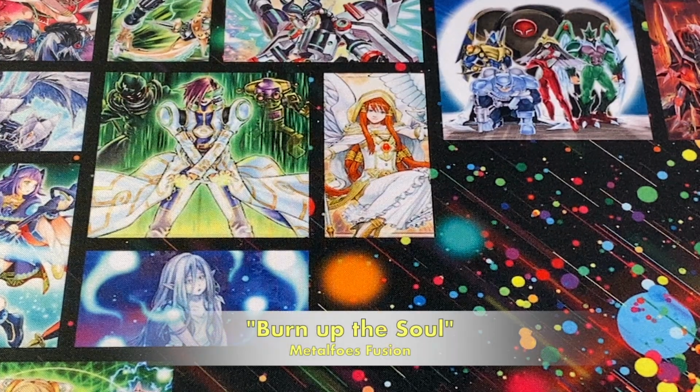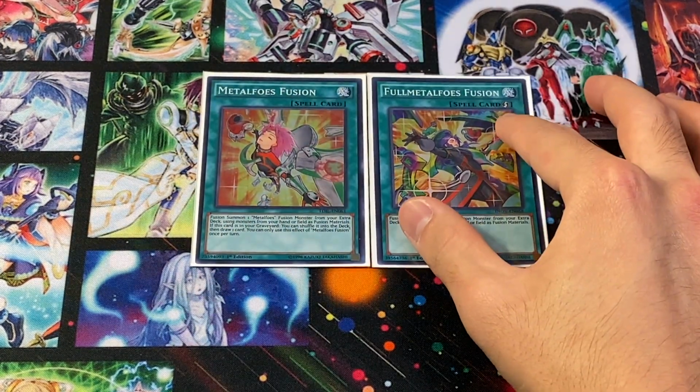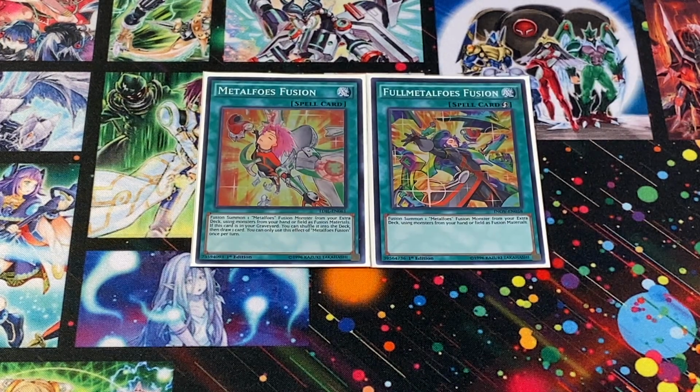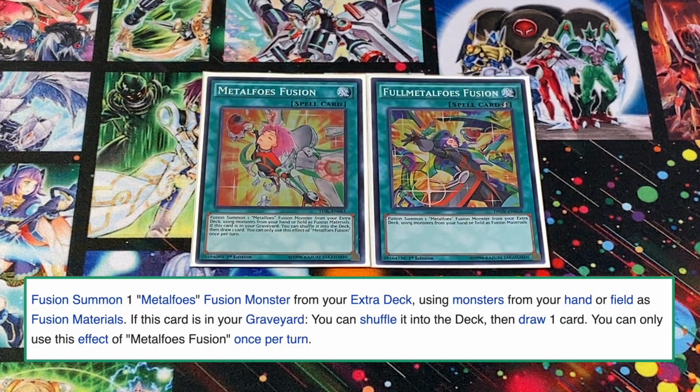Next up, we're going to take a look at the cards that the Metalfoes cards search, and first off, we're going to look at the fusion cards, Metalfoes Fusion and Full Metalfoes Fusion, both of which you only really need 1 copy. Metalfoes Fusion is your Polymerization for the theme, allowing you to fusion summon a Metalfoes monster using the monsters in your hand or on your field,